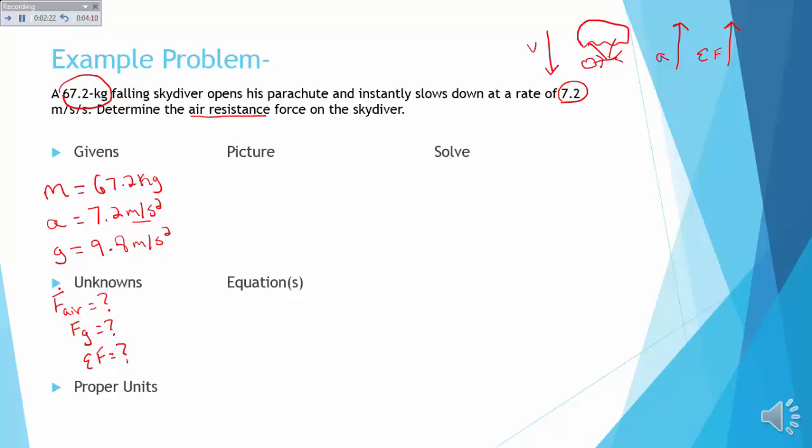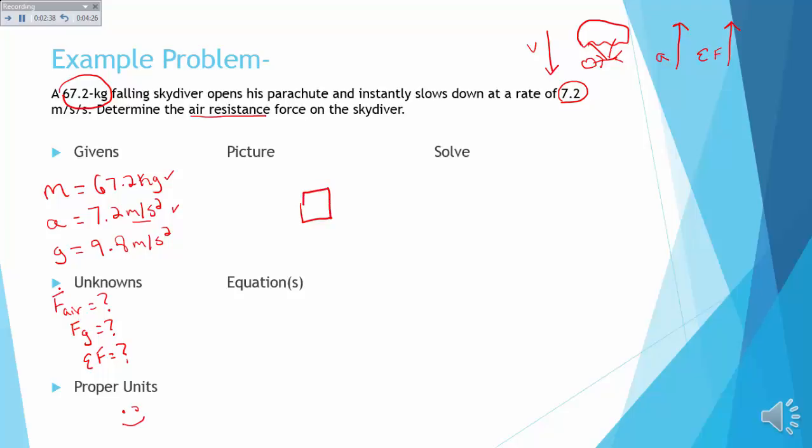Now let's check our units. I notice that the mass is in kilograms and the acceleration is in meters per second squared, which means everything is in proper units. That guy's winking. That's what that is. Now in solving these problems, the picture that we want to draw out is our free